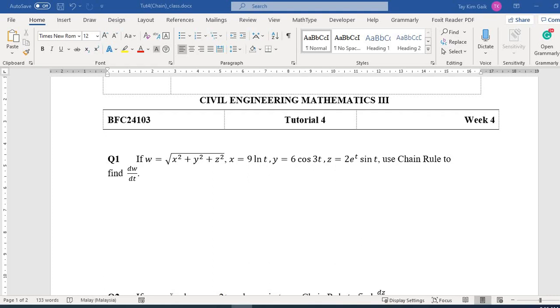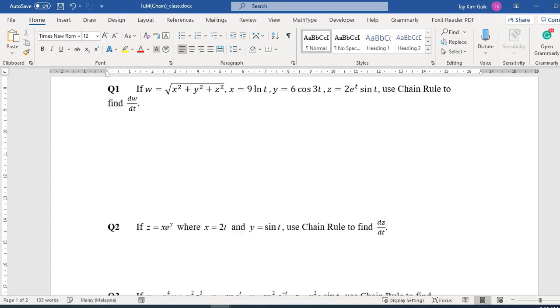So x, y, z is a function of t only. If you plug in x, y, z in terms of t, lastly w is only a function of t. That's why you can find dw dt. Okay. And I think